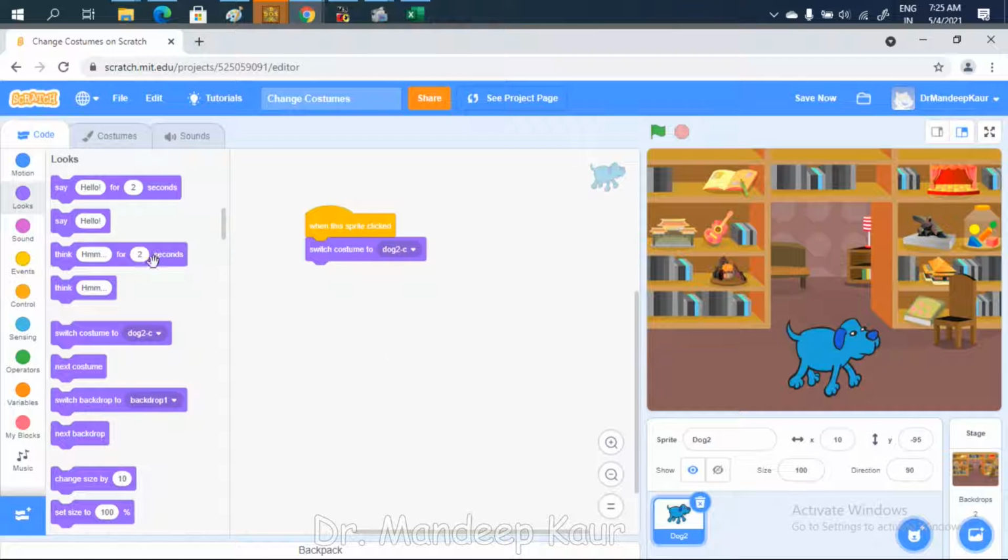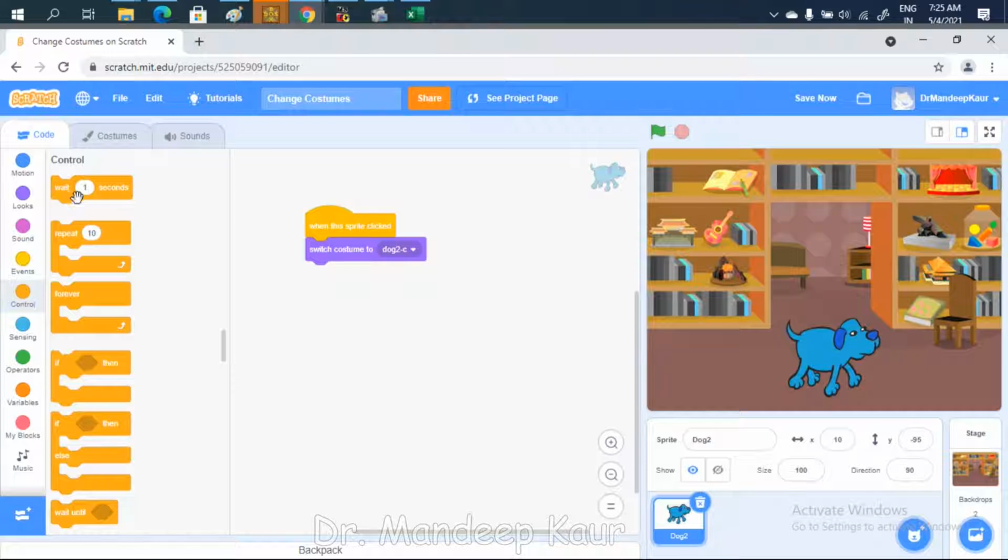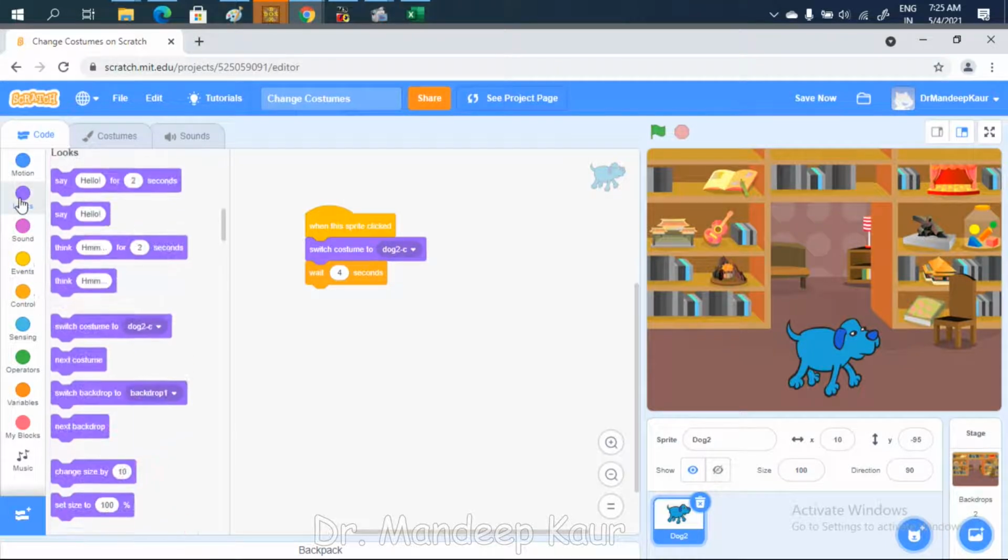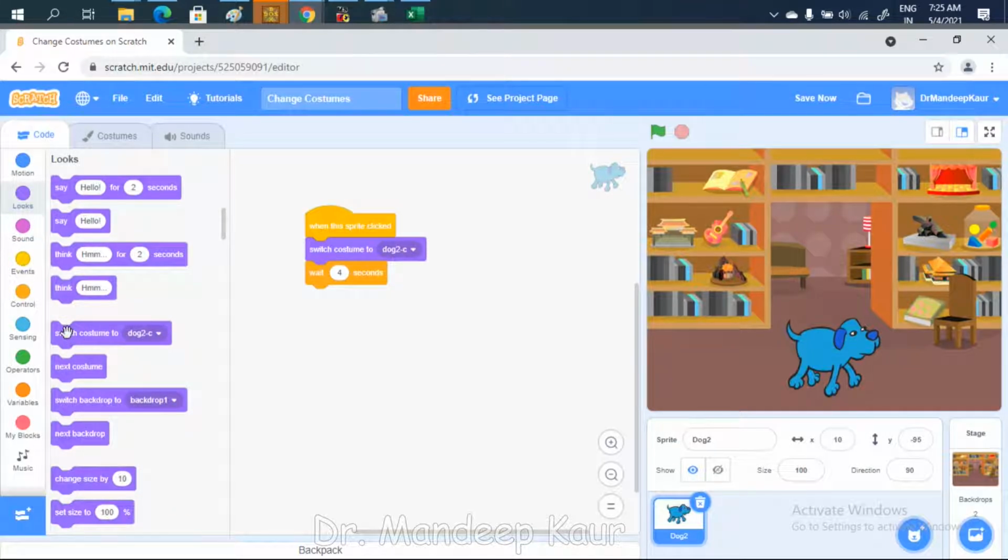Then I'll wait for some time. For that you have to go to the control and then you can put this wait block. So for how much time you want your costume to be there for the first initial part, let us suppose I select here 4 seconds.